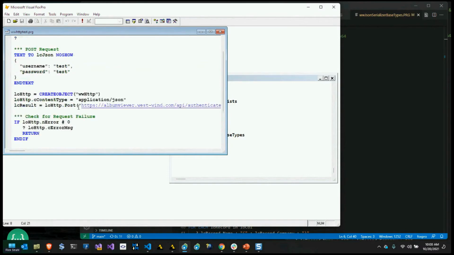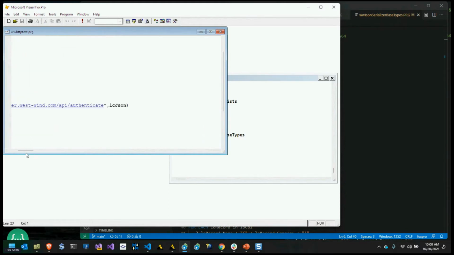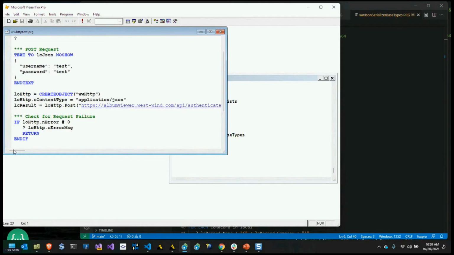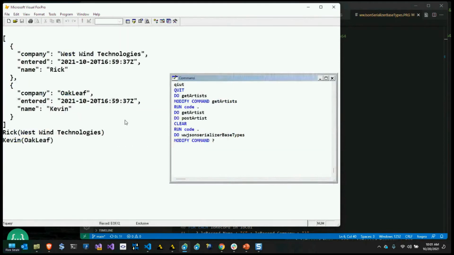And then on the second request here, I'm going to do a post request. And basically, I create a string of JSON, just hand-coded for now. And you could use the JSON serializer to do this as well, but for now, you could just use a string. And then pass that JSON string to the post method as the second parameter right here. Okay, so this allows me to push data to the server. So if I run this,